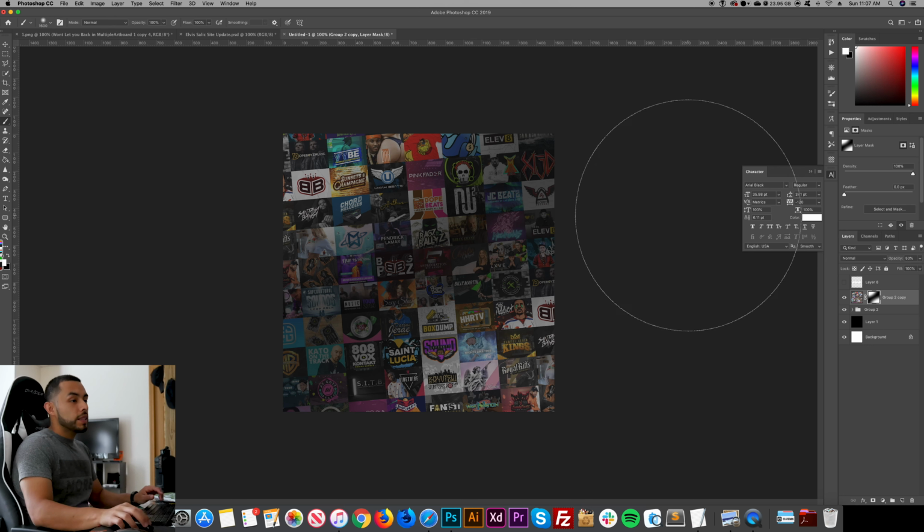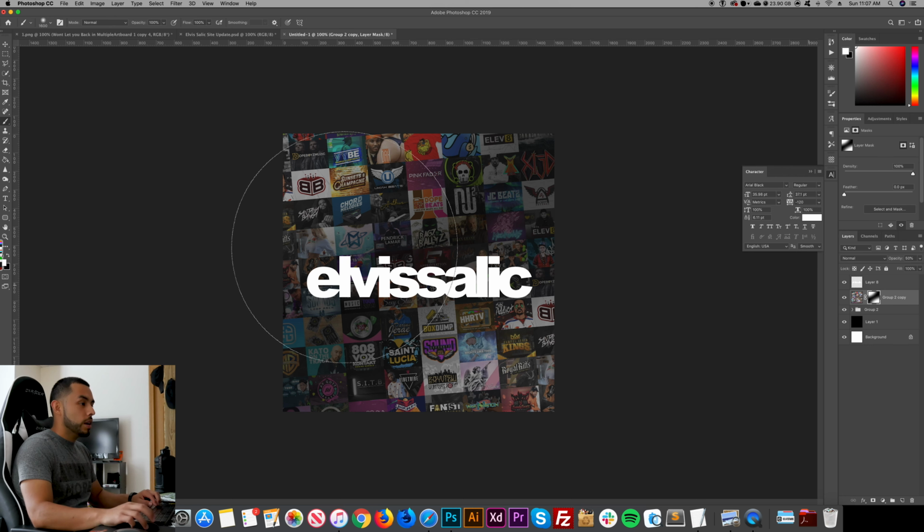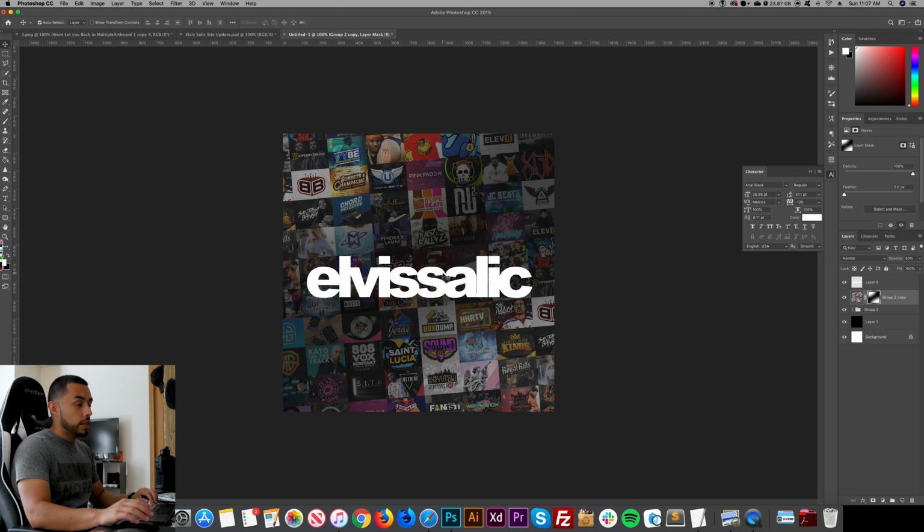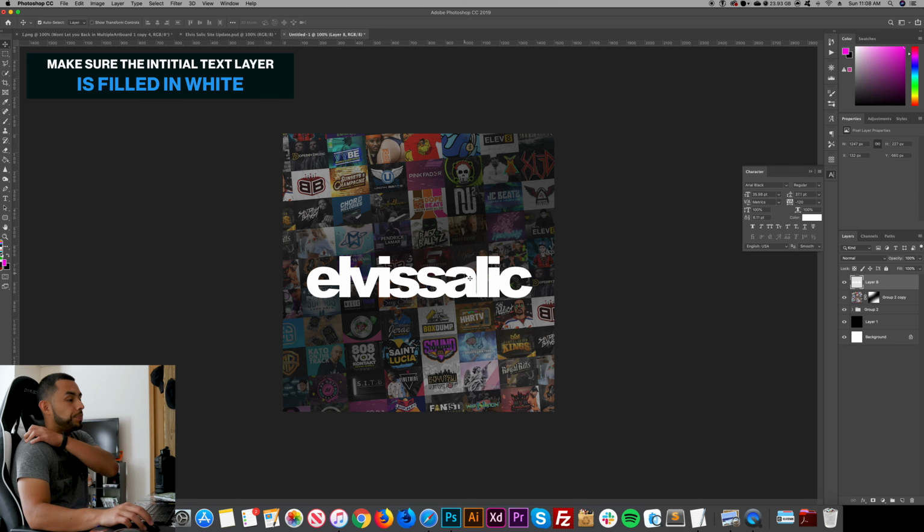So with that being said, then I put my logo in here. In your scenario, you would write out the word that you want to add the effect to, the word or the logo or whatever text it is. It can be a logo, it can be a PDF file, it can be an Illustrator file that you drag into Photoshop, or it can just be plain text that you type out, which I do on almost all my designs. I apply this to text. But in this scenario it's my logo. So what I do is I bring the logo and I fill it out with white. Now that it is white, I'm going to select